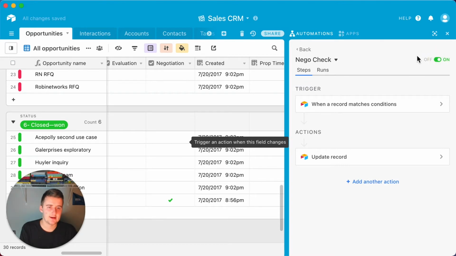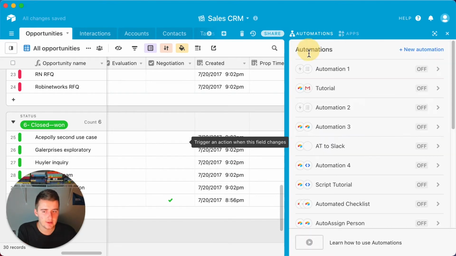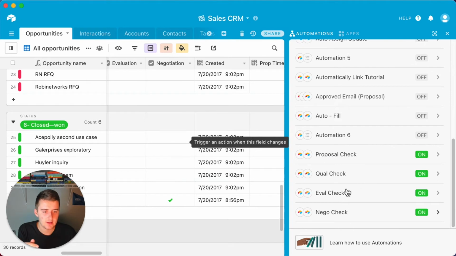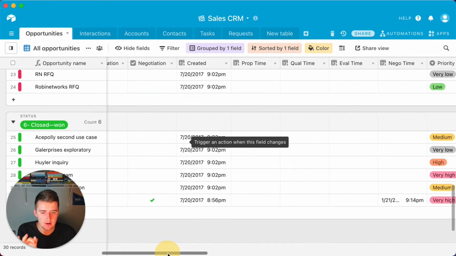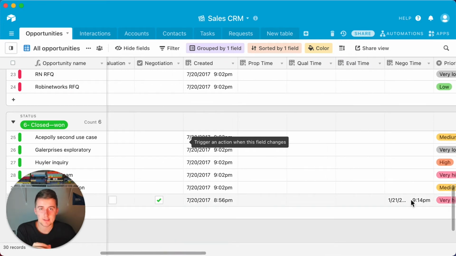So what that is now going to give us, so we turned all of those on. Make sure you come in here and turn all of them on. What that's going to give us is now we have a checkmark system that's automatically going to update this last modified time. So basically when you change the status now, you can say for this specific status, this is what time I changed that status. And the benefit that this gives you is now you can run date time diff formulas based off of those